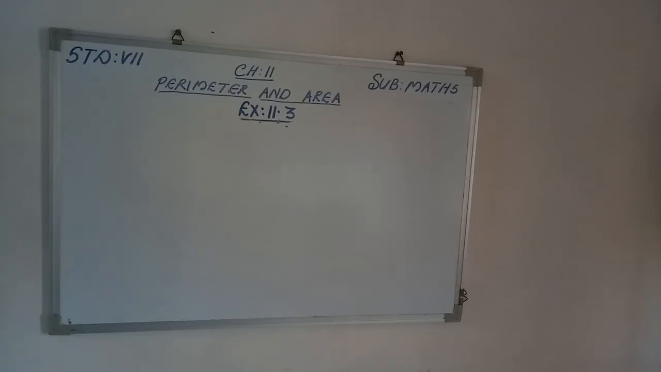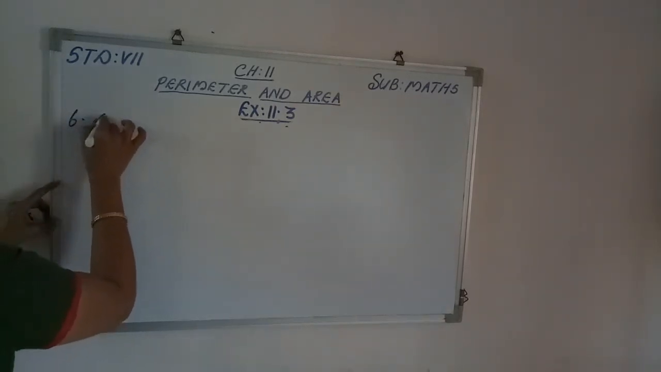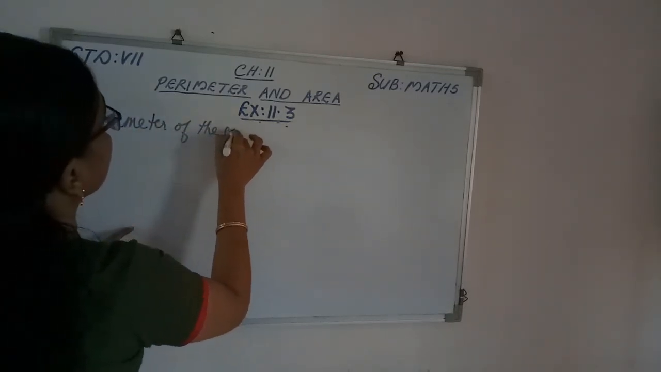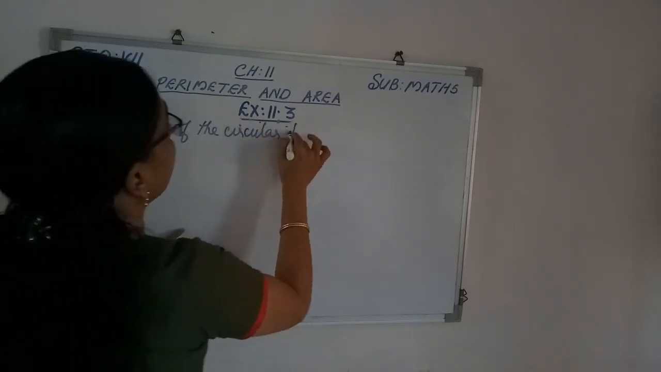Now question 6. Sadhana wants to put a lace on the edge of a circular table cover of diameter 1.5 meter. Find the length of the lace required and also find its cost if 1 meter of the lace costs rupees 15. That means a lace has to be put on the edge of a circular table cover of diameter 1.5 meter. So first we can write that the diameter of the circular table cover